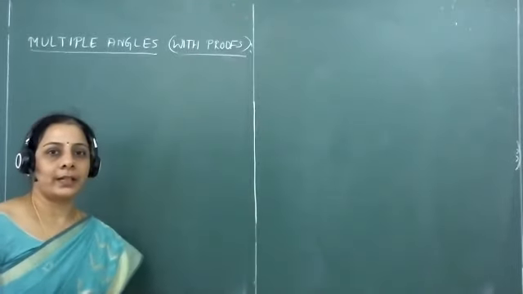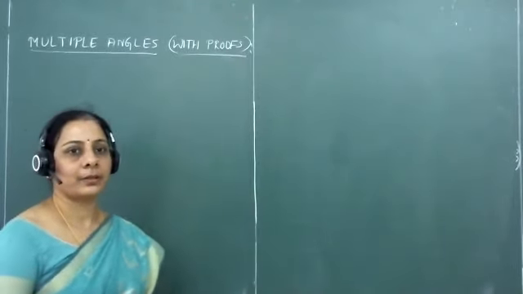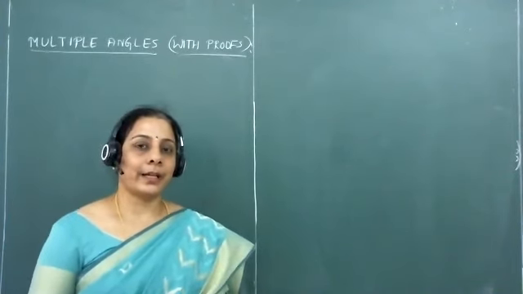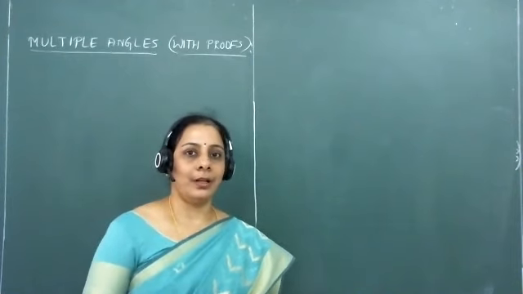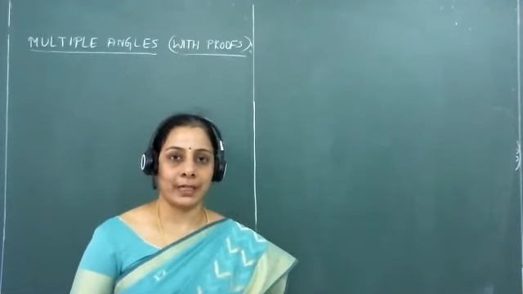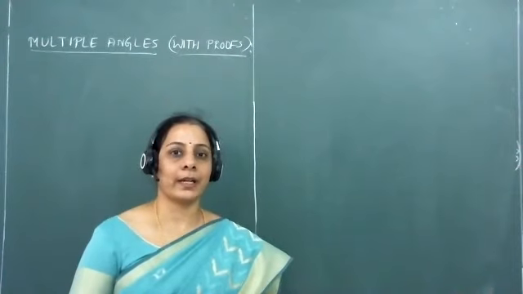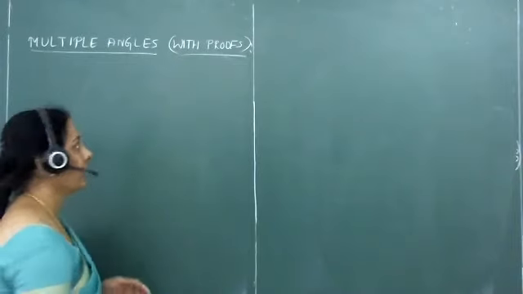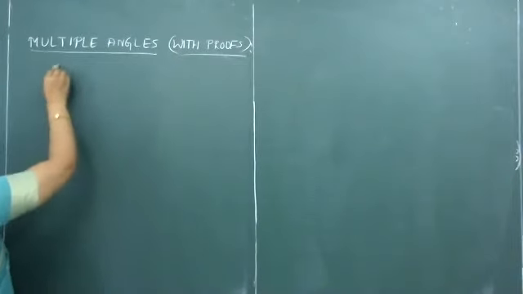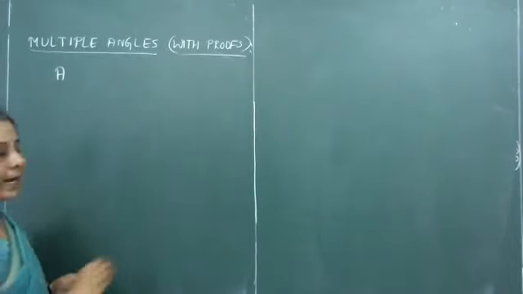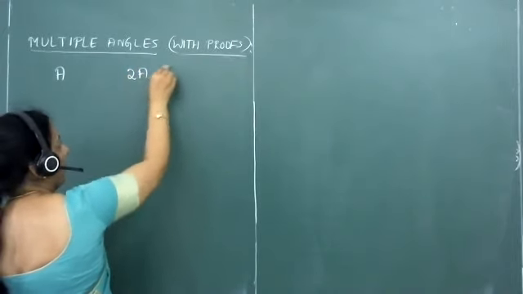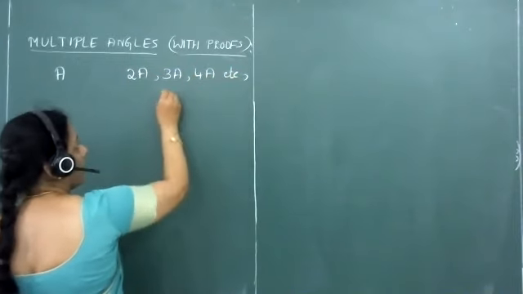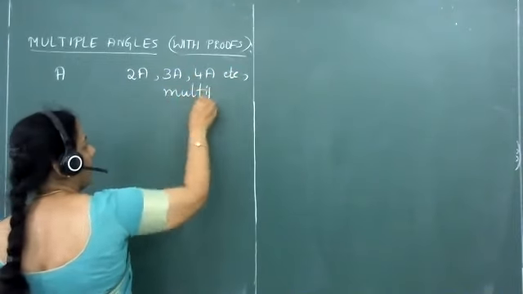So we have the continuation of the same chapter, multiple angles. Remember that the compound angle formulae, we just use them all without any proofs. Whereas multiple angles, we will be proving each and every formula using compound angle expressions. So recollect, for any given angle called A, angles in the form 2A, 3A, 4A, etc. will be considered as multiple angles.